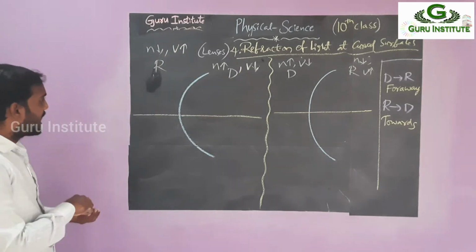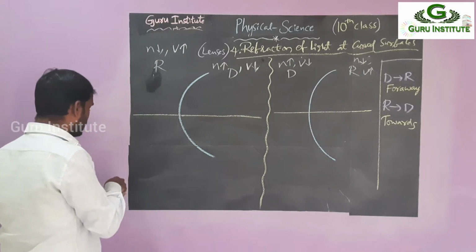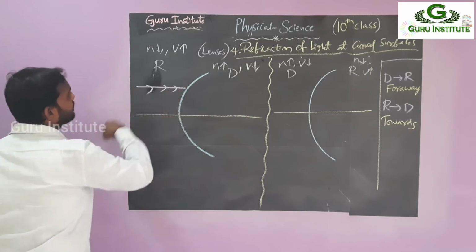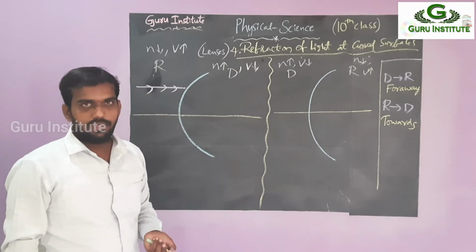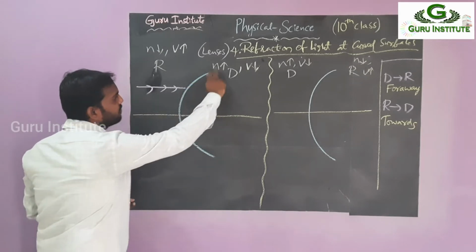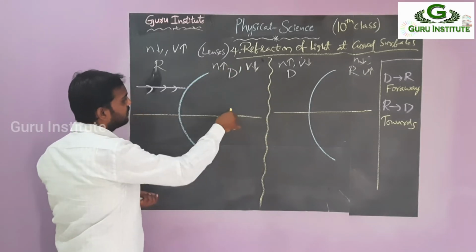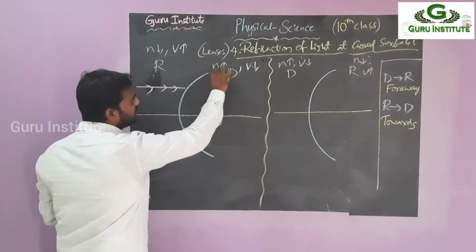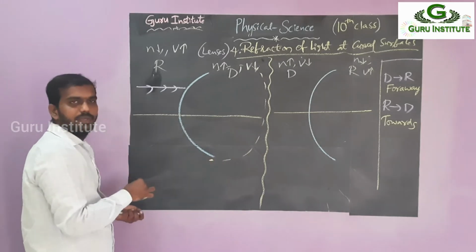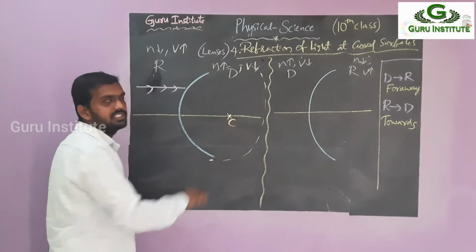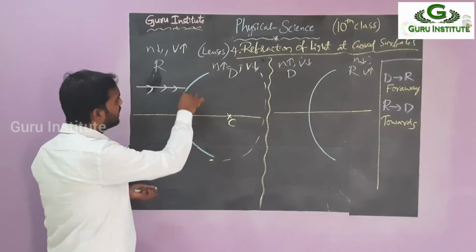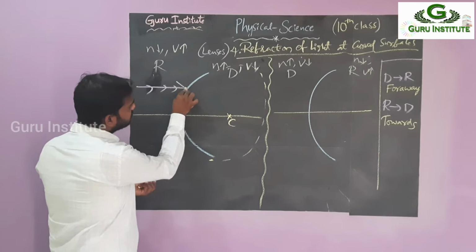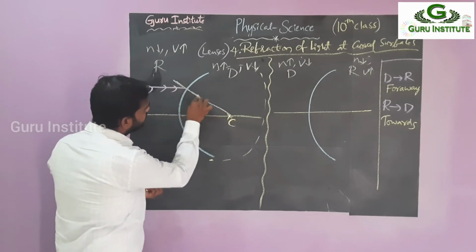So now we have to take a parallel ray. Suppose we take one parallel ray. How will it be? We are going to see if you continue to extend this, where it should be. This is one of the curved shapes. If you close this one, this is a sphere, where there is some center of curvature. Then try to draw a normal here. This is the normal.